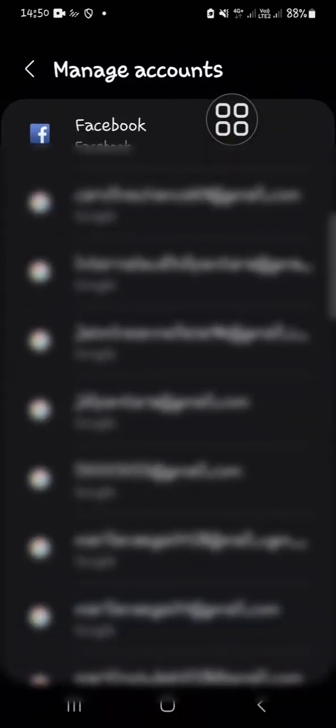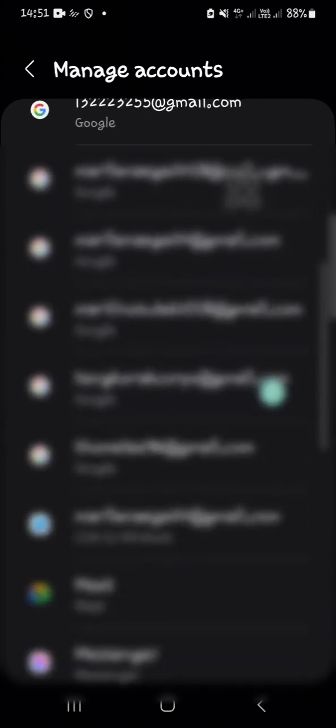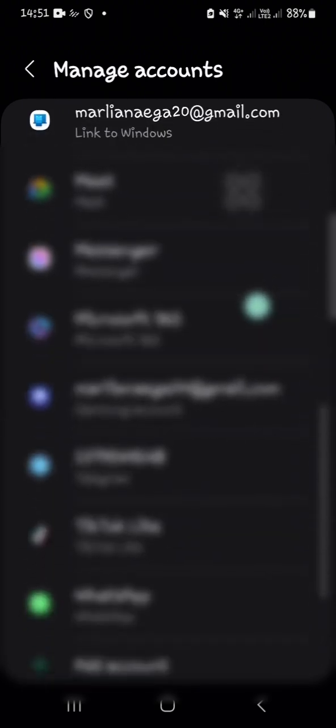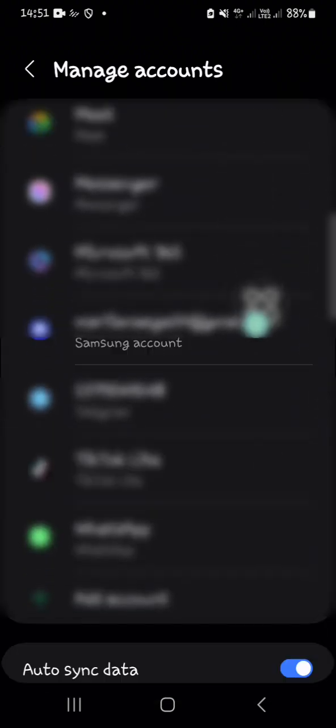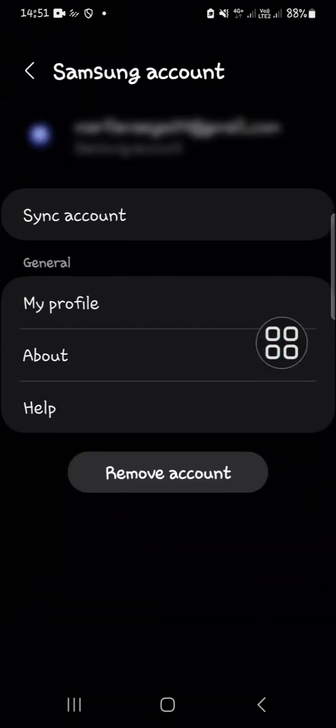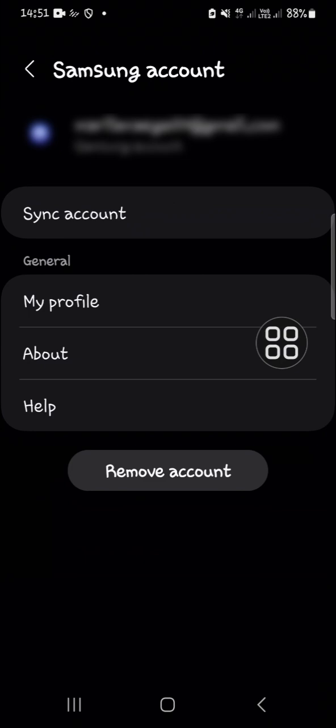Okay, and here guys, I have logged into multiple accounts on my Samsung Galaxy phone, and here we just need to make sure that we select the Samsung account. I'm going to choose my Samsung account here. Okay, this one, as you can see, this is my Samsung account. I created the Samsung account with my Google account, and I'm just going to click on that,